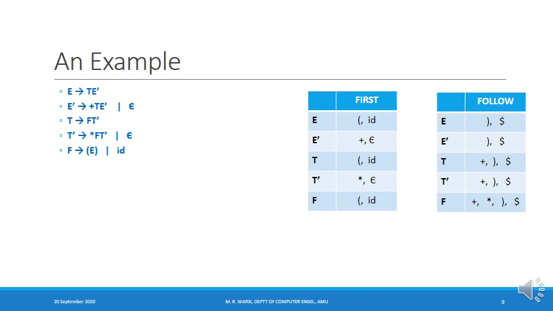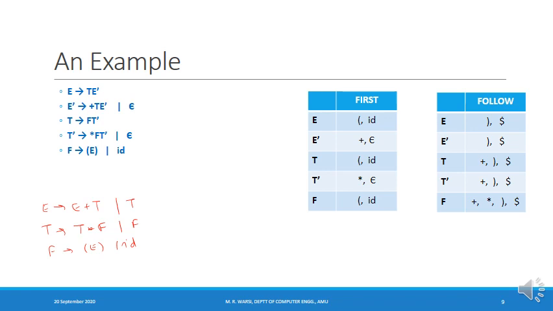Now we'll take the example of a grammar which is accepting arithmetic expression, and we'll calculate first and follow of various variables which are there in that grammar. If you recall, I gave you a grammar for arithmetic expression, and the grammar was capital E derives E plus T, capital E derives T, capital T derives T star F, capital T derives F, capital F derives within brackets capital E, and capital F derives identifier. This is the grammar that I gave you in the previous class.